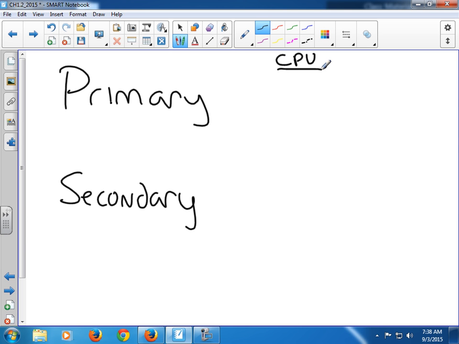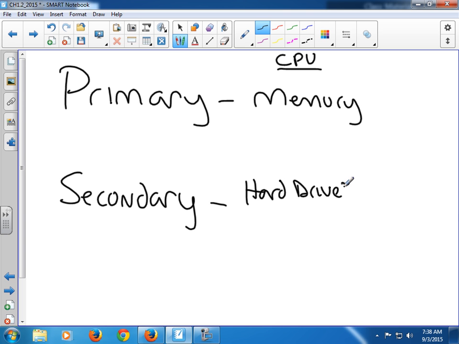So primary storage to the CPU is memory, and secondary storage to the CPU is really the storage that's primary to us, and it's things like hard drives, optical drives, flash drives,